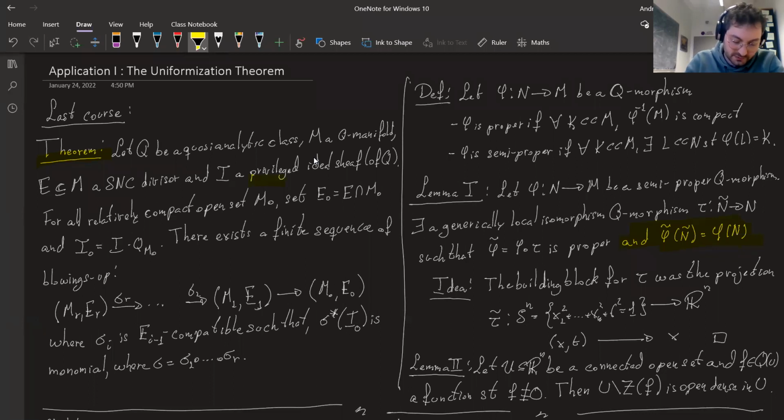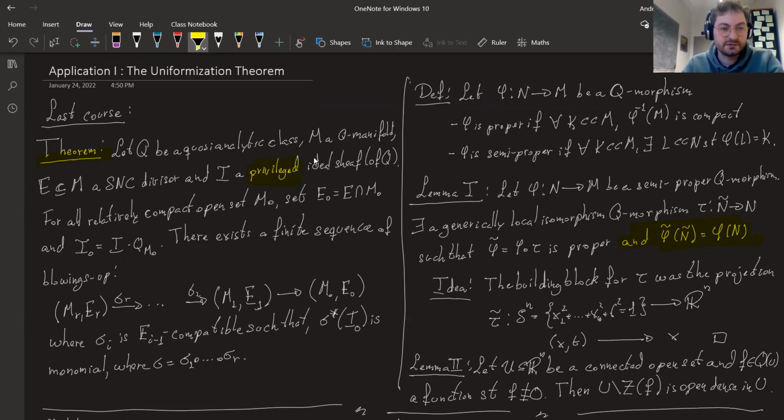In particular, we discussed a lot the word privileged last time. And then we said that for every relatively compact open set, we gave an example just to show that it cannot be resolved globally, in general, by a finite number of blowups. But in any case, for every relatively compact open set, we are able to find a resolution of singularity. That is, we restrict everything to this open set.